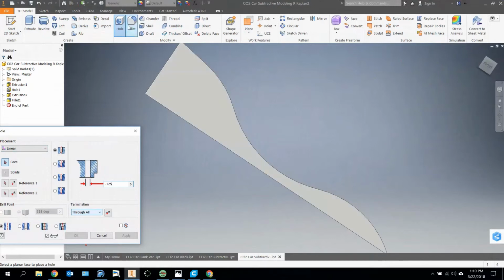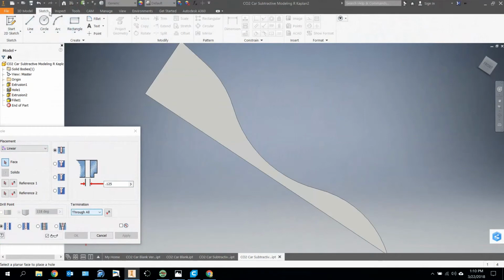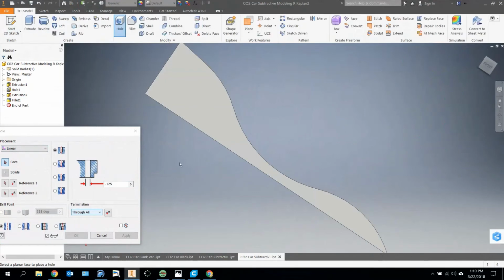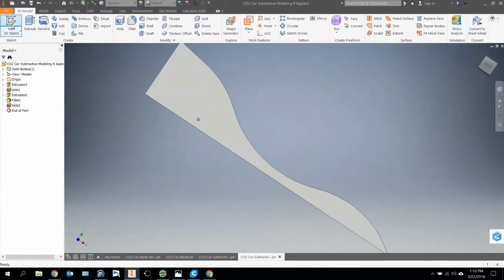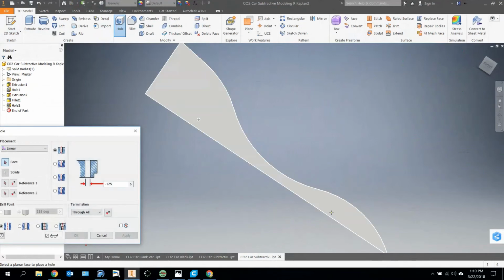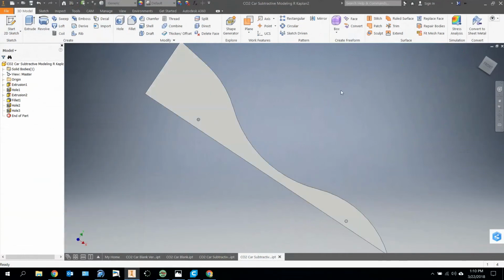And I'm going to place, actually, I do want to see if I can project that geometry there. Put a hole there, and I'm going to do another hole right here. Now I want to make sure that my wheels touch the ground where I need them to. So I need to make sure that these holes actually have